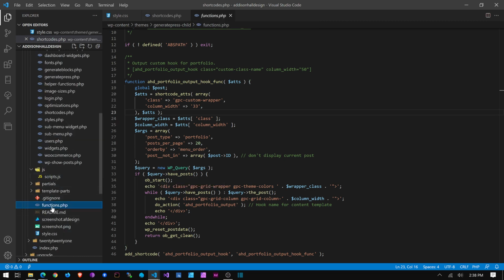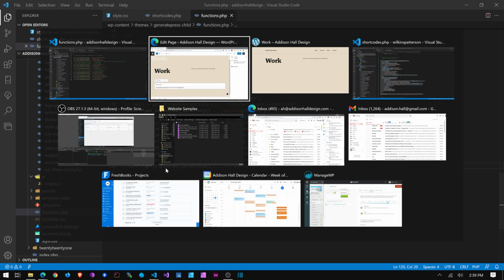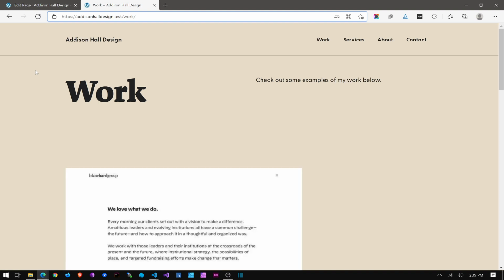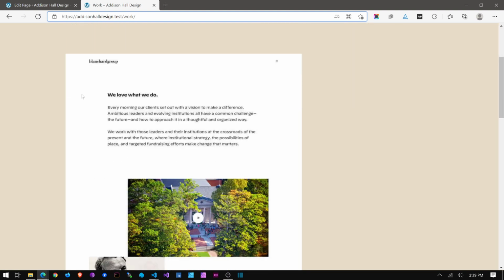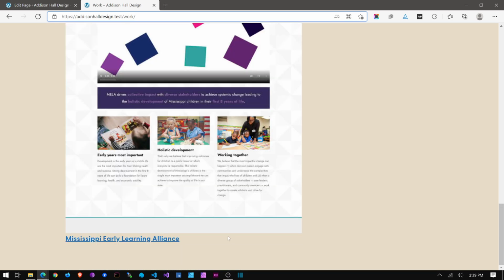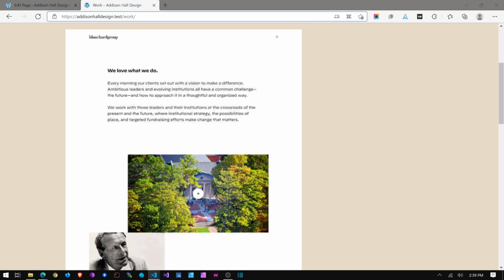In my functions, did I... I had not included shortcodes. That was kind of dumb. I hope it was that simple. Yeah, it was that simple. Okay. I didn't get the advanced custom field shortcode right there. Oh, and I need to include, hang on. Where? I'm looking on my other screen. Here we go. And